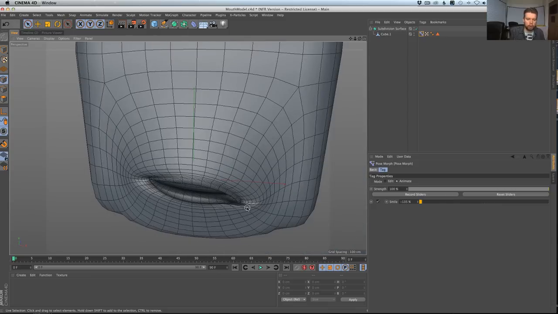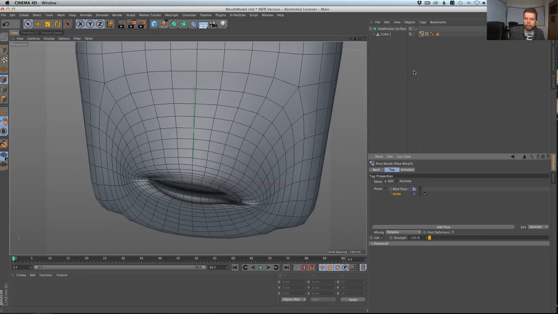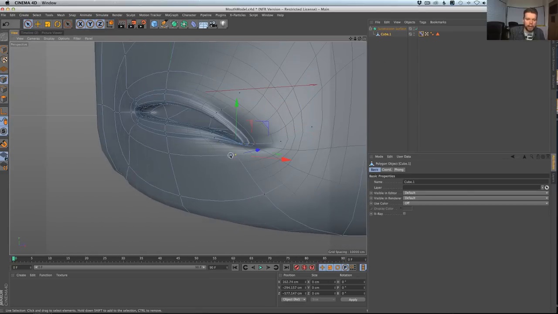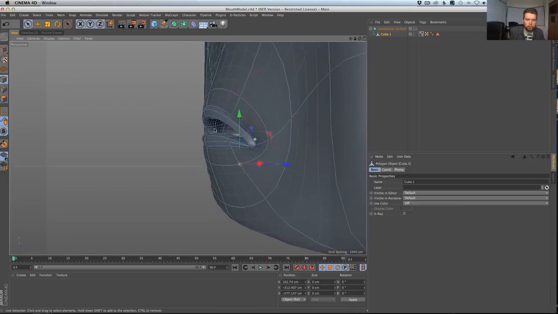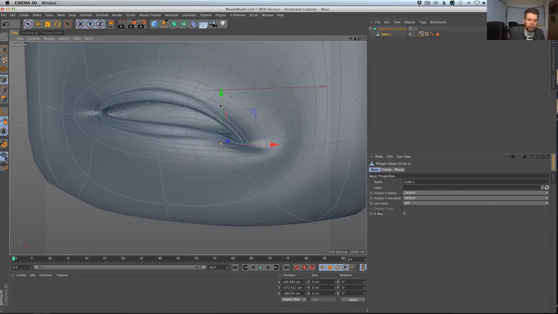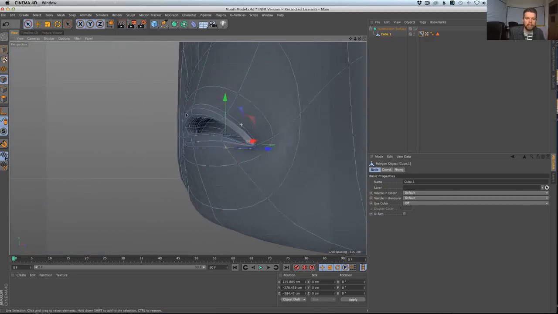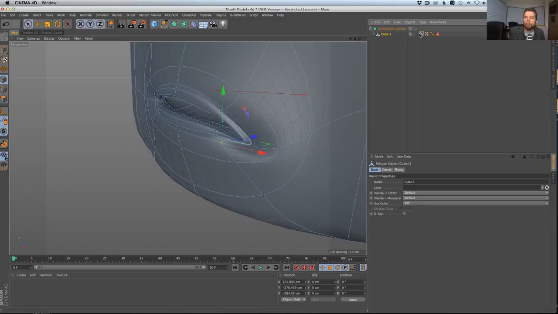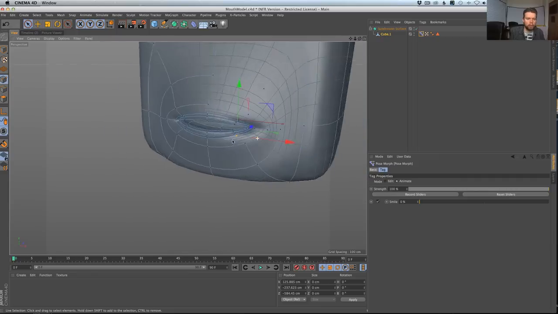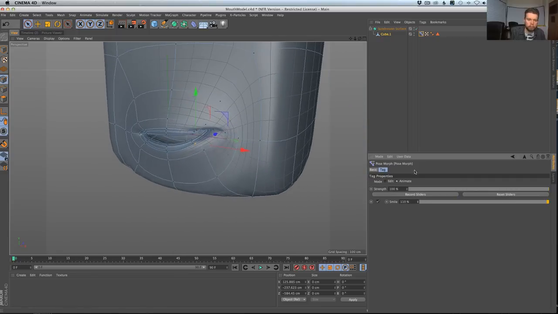Now you see there's some weird bulging there, but what's great is we can go back to edit mode, and I can fix this. I can fix what's making it look bad while it's in this deformed view, which is kind of amazing. You want to be careful about the way you do this, because you got to keep in mind it's going to be doing the inverse when we go the other way. But anyway, I can go back to animate, and like it's at 0, it should still go back to exactly the way we start. But now when we smile, the smile still looks good, and now the frown looks better. So now we have a smile and a frown. So let's just say that's one setting there.